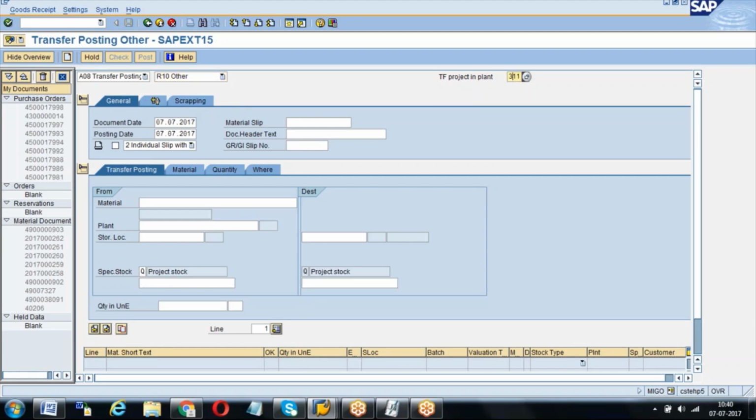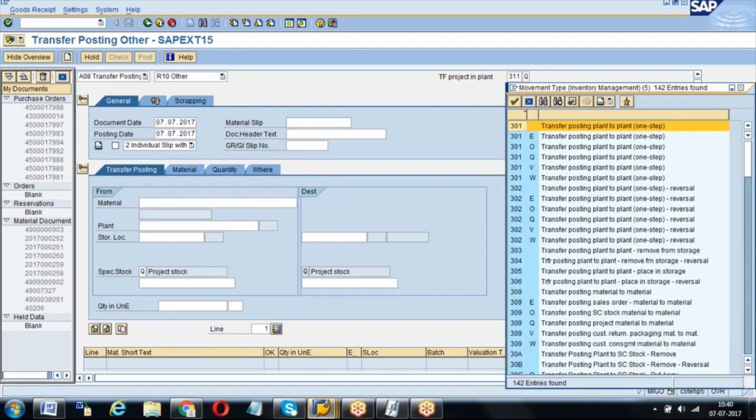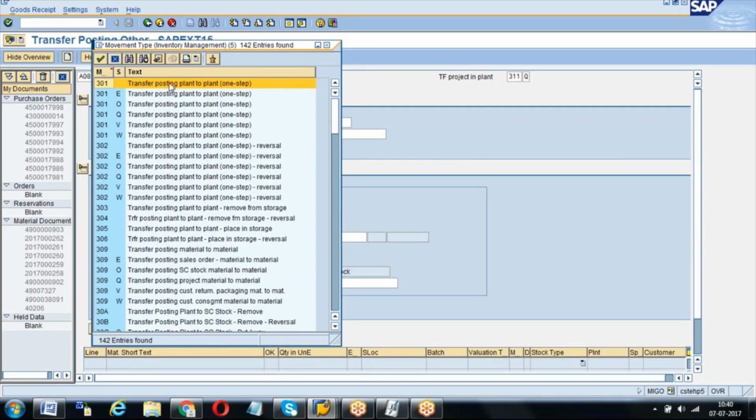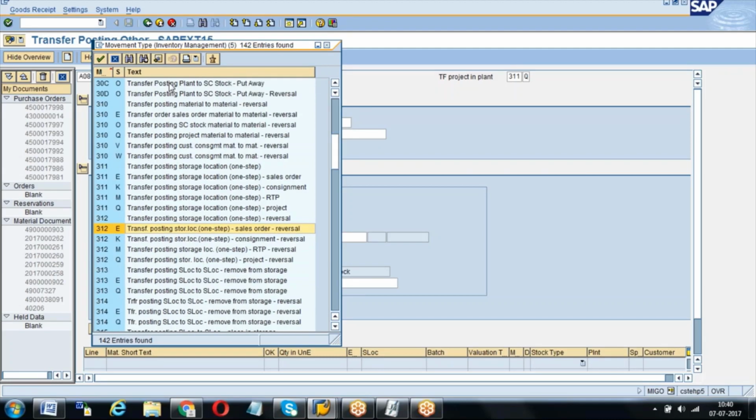For example, when you go and click here, 301 is a physical movement. And this 303, 305 are obviously physical movements because they are plant to plant. No two plants will be in the same place, right? Definitely they will be 1 kilometer or 100 kilometers apart.